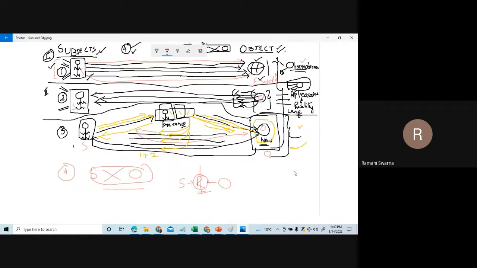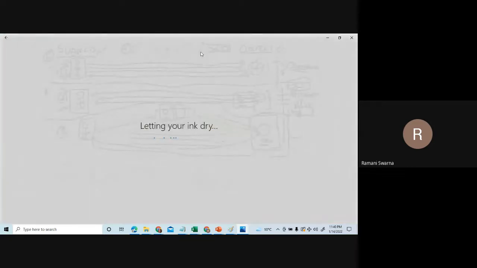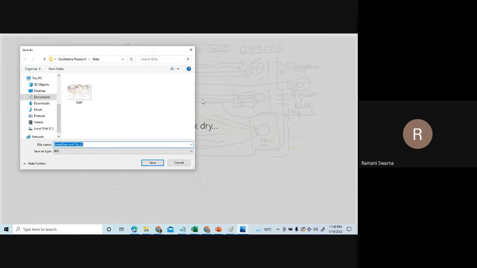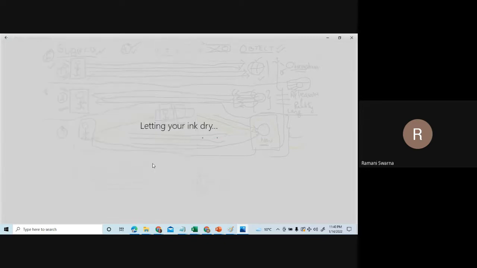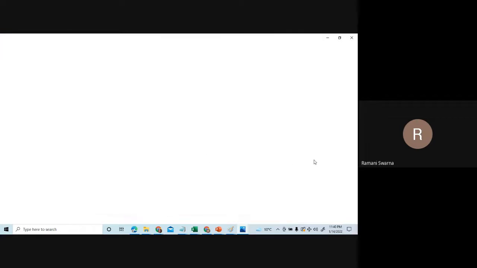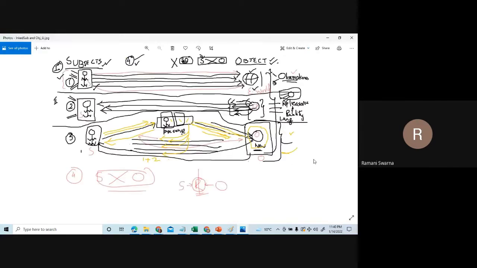Now this is one kind of thing that we have got regarding the subject and the object part of it. After that, we have also got some other ways in which the dichotomies are occurring. So, I'll be showcasing it right now. One more scenario which you can see, and that is,